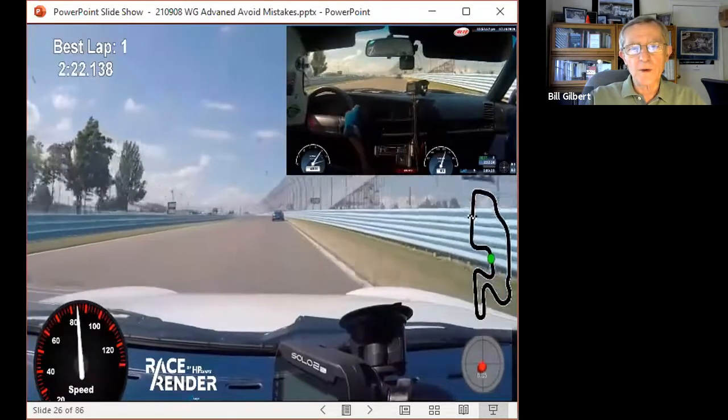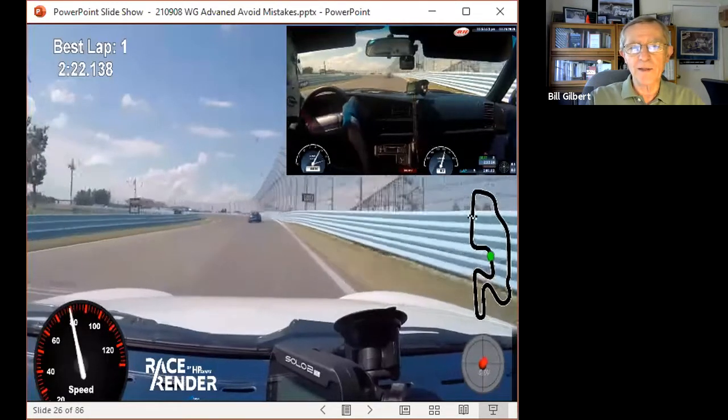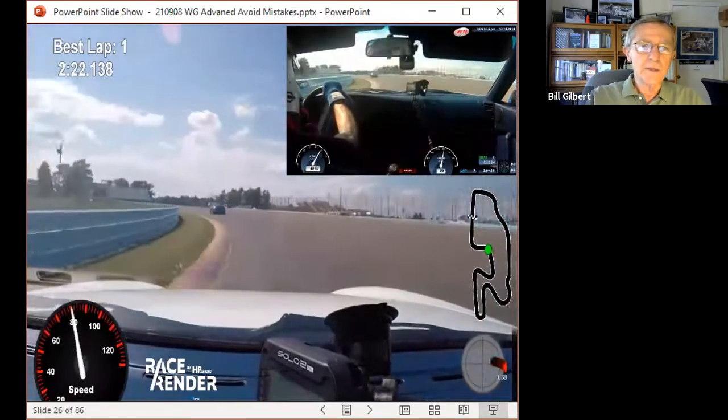Unlike the previous corners, the next two corners don't reward trail braking. We're going to brush the brakes at 150. We're going to turn at 100 and come off the brakes and immediately get on some gas. Turn in